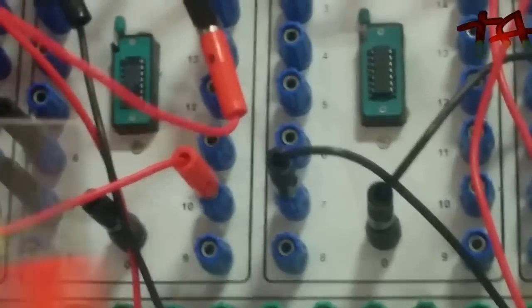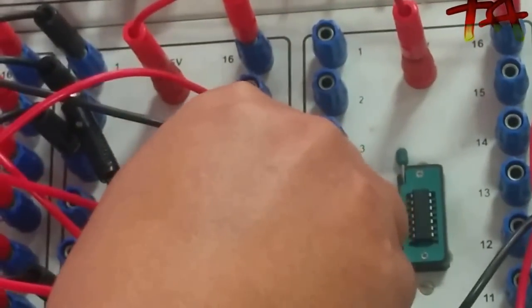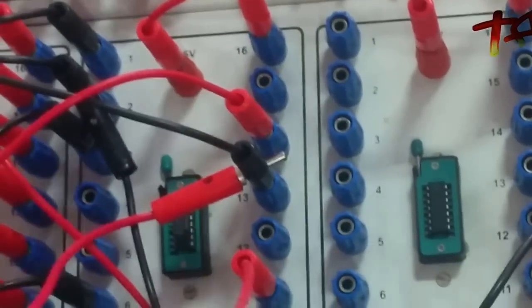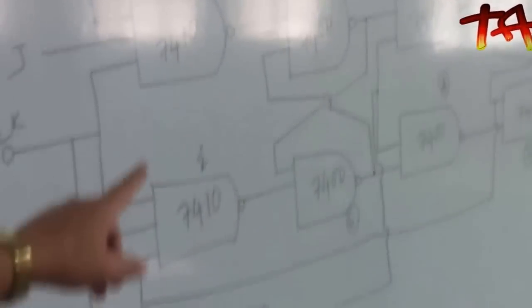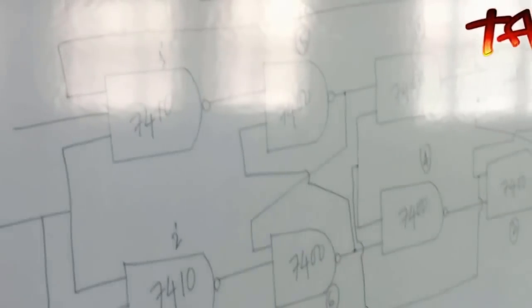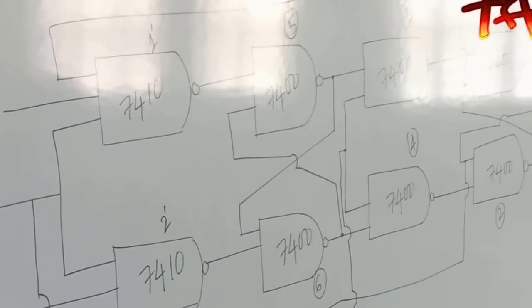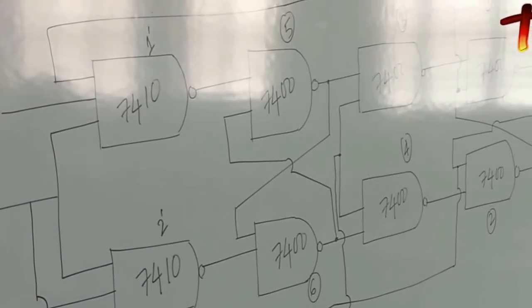What are the inputs of 6? It will be either 9 or 10. Therefore, it will be connected to 9. You can see 9 is vacant. It will be connected to 9. Now you see that 2 inputs of the 5 and 6 are over. The other 2 inputs will be coming from 7410.